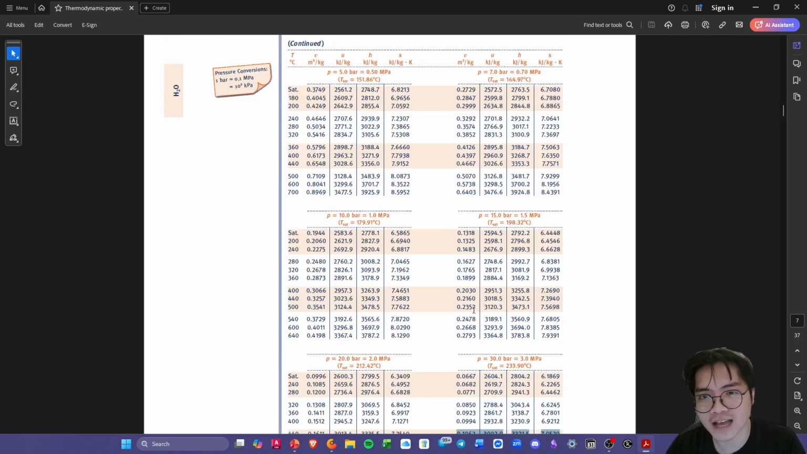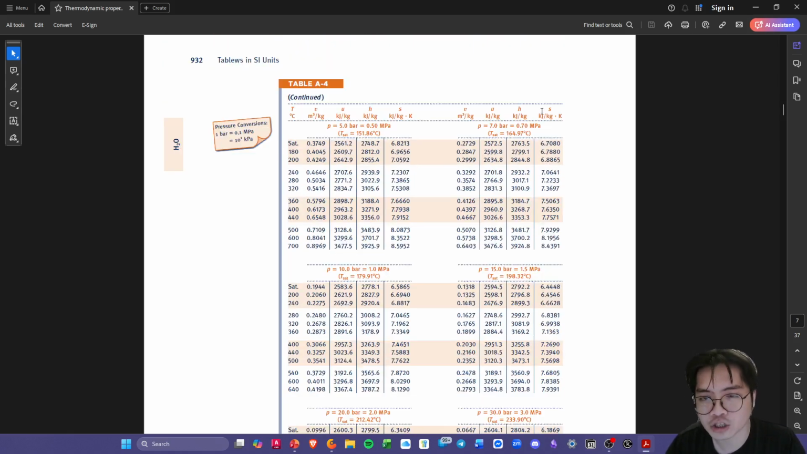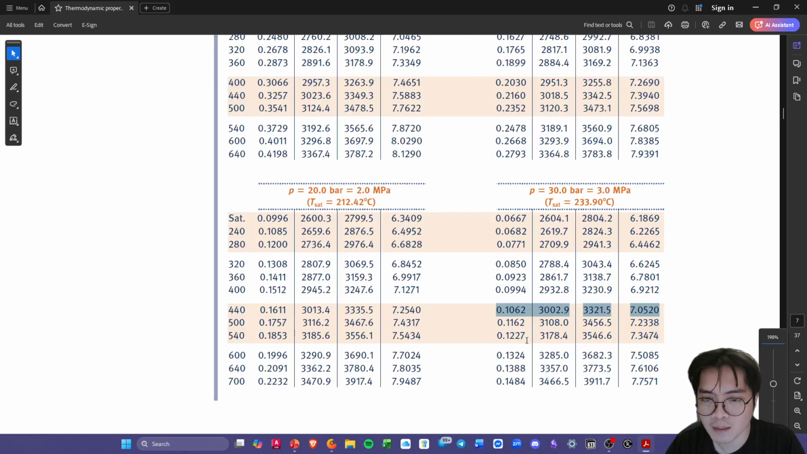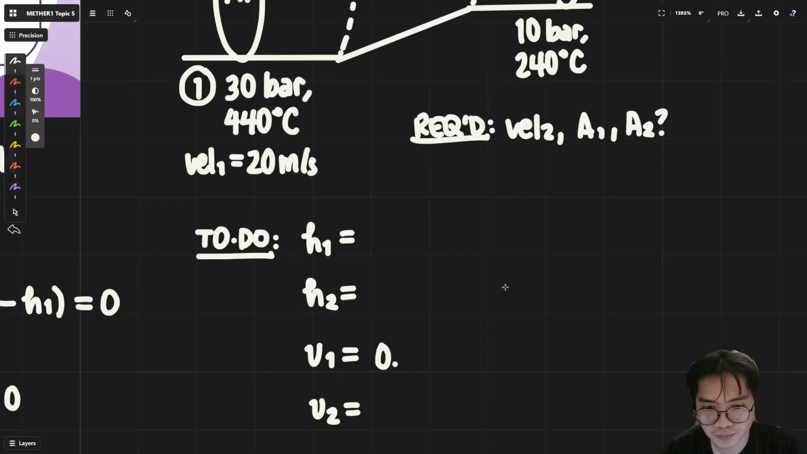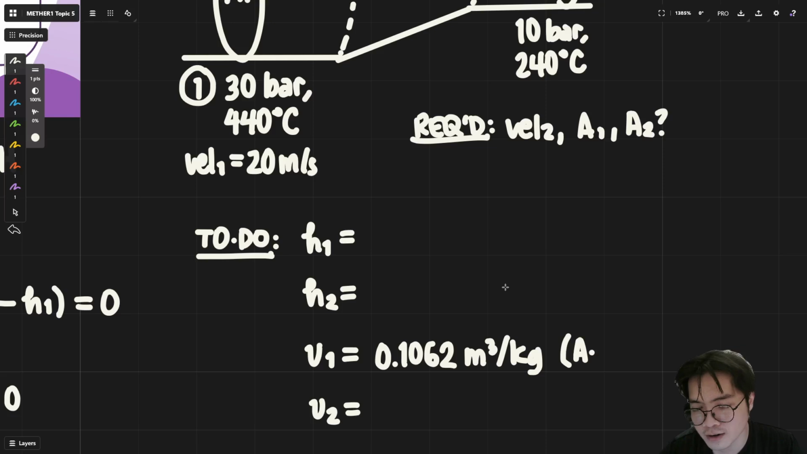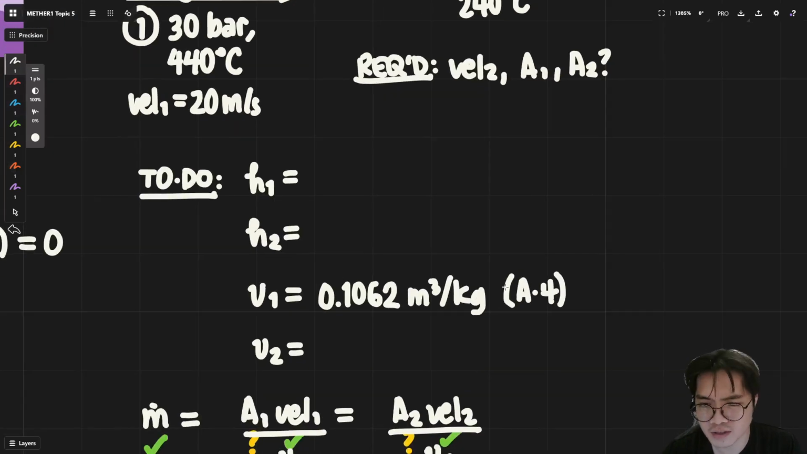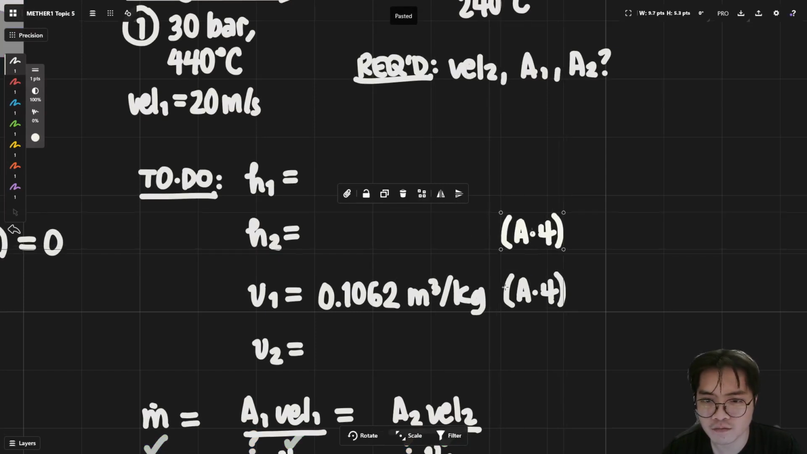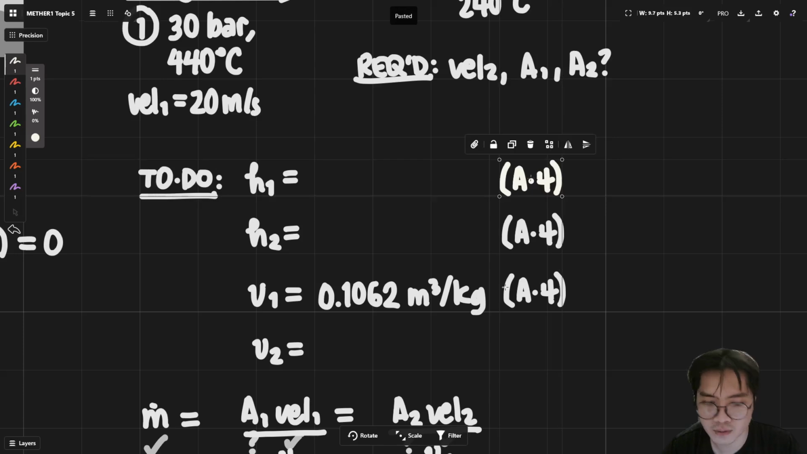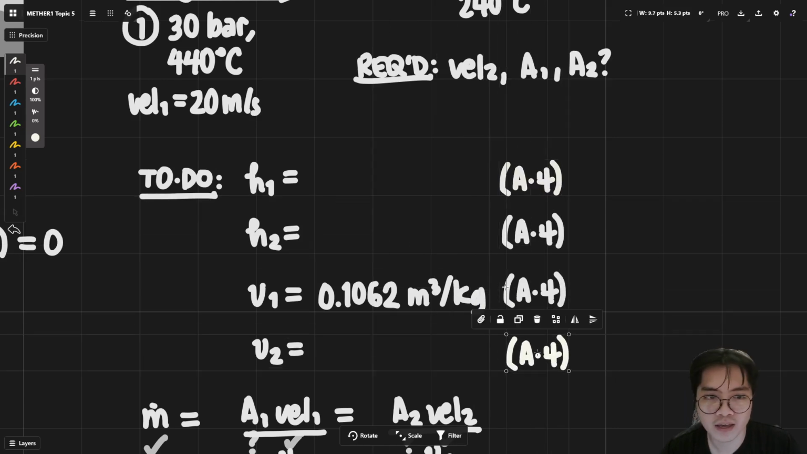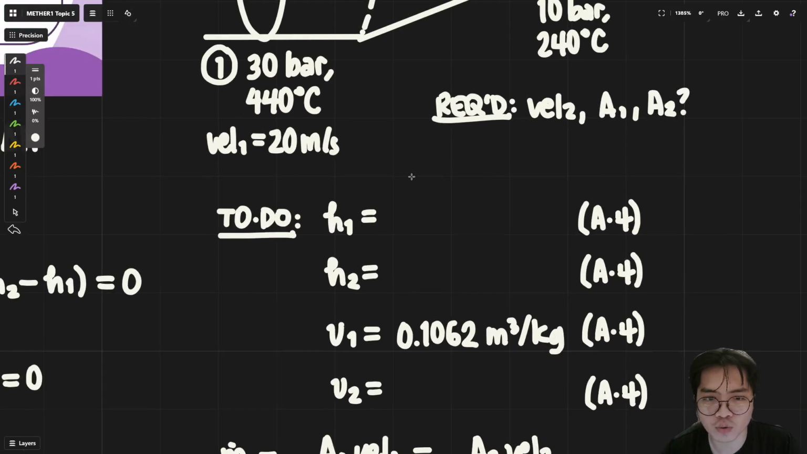Let's just remember that this is in the form of V, U, H, and S. That means that your first number will be V, the second is U, third is H, and then last is S. So just get the values of V1 and then H1, which is in this case 0.1062 meter cube per kilogram. This is from our A4. Honestly, everything is from A4. So I'll just write in here A4, A4, A4, and then A4. And then your H1 is going to be 3321.5